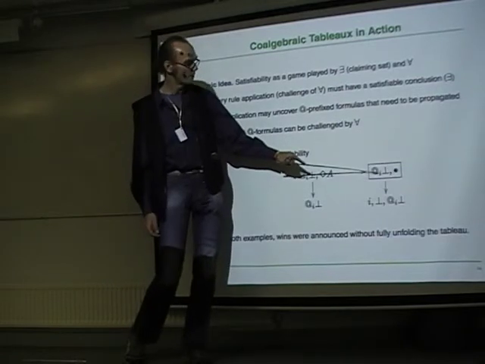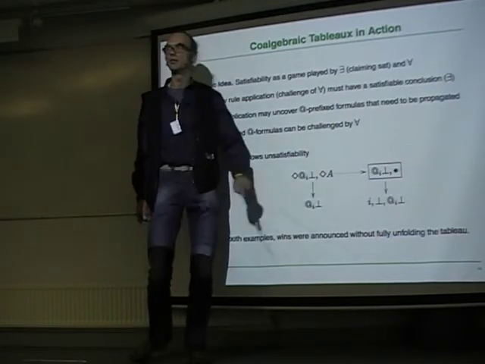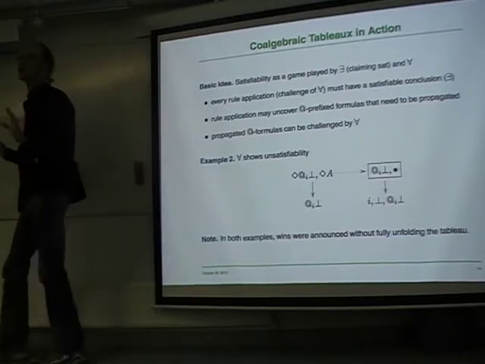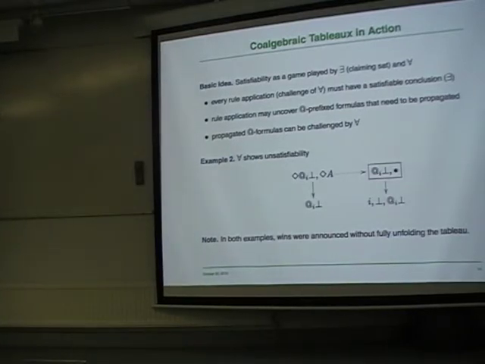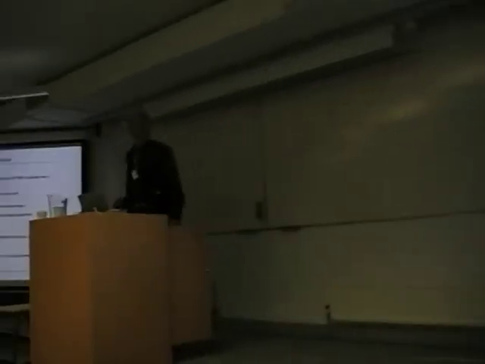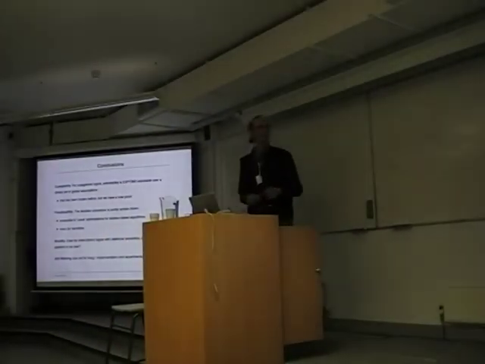But the satisfiability of this can already be challenged, and we can declare unsatisfiability of the root. So what I want to point out is that in both examples we could announce satisfiable or unsatisfiable without having to unfold things